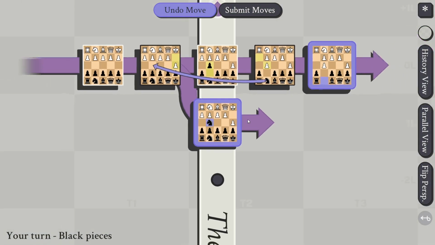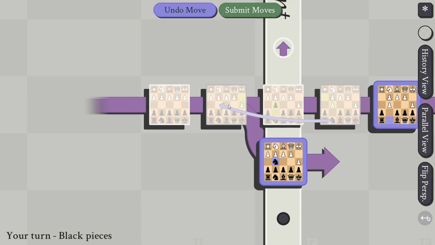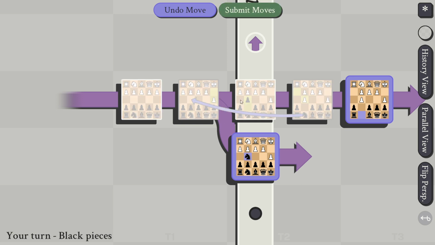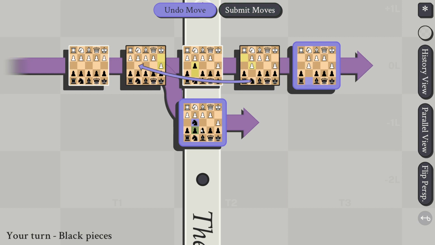Nice. And now, since there already has been a move done in this turn, we cannot change what has happened to our current timeline. What happens is we need to create an alternate timeline.